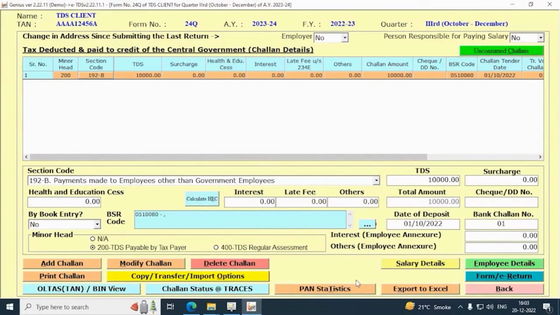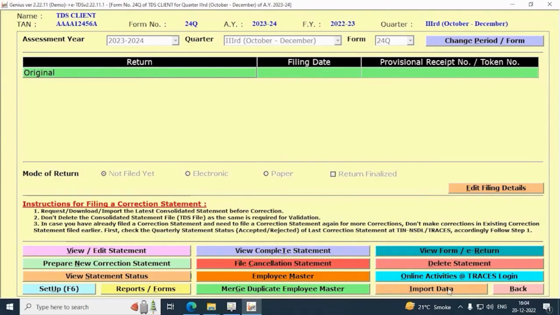If you have large number of challan, salary or employee related details, then we have provided you the option of export to Excel. There you can export the Excel format, then fill the details and import the data through tab of Import Data.